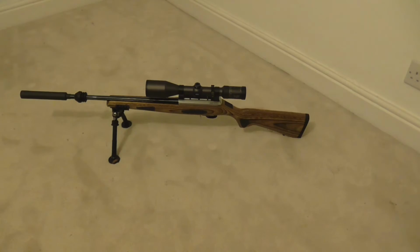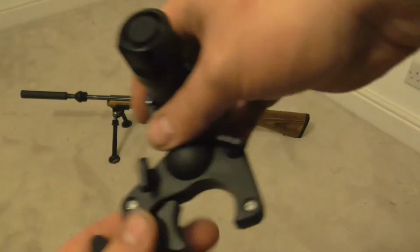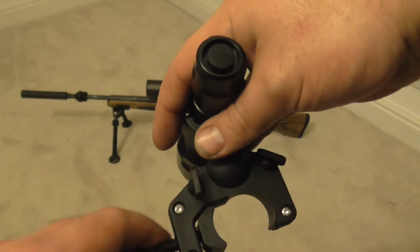I broke one of these off. Now, I was doing it up really tight on a shotgun, and then the recoil was going click clack each time, and I used it about 1 billion times, and then it broke. And I spoke to them, and